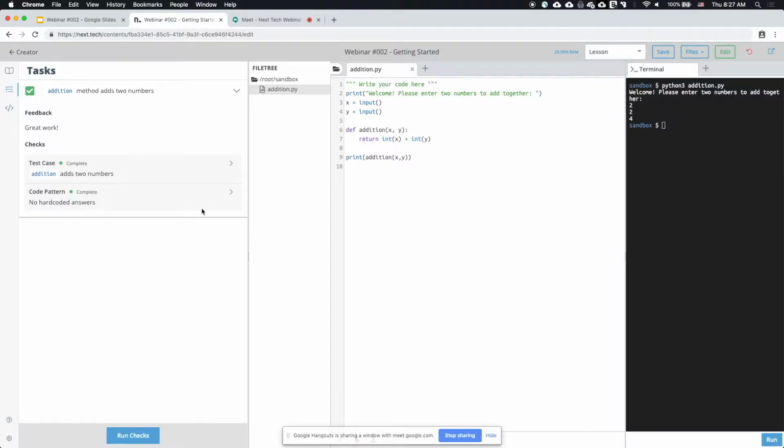The logic here was flawed before we corrected it, but a unit test would still pass. So if I were to run a unit test on addition, the student would see that their addition program still gets back the correct answer. So one of the reasons why we encourage the use of tasks and multiple different types of tests is for this exact reason. If an instructor had only used a unit test and had tested the addition method,